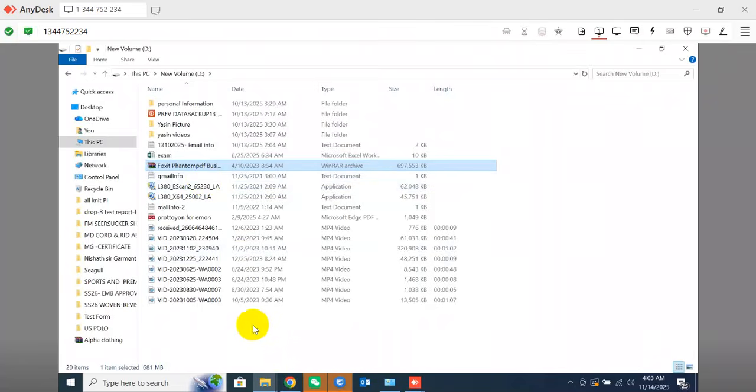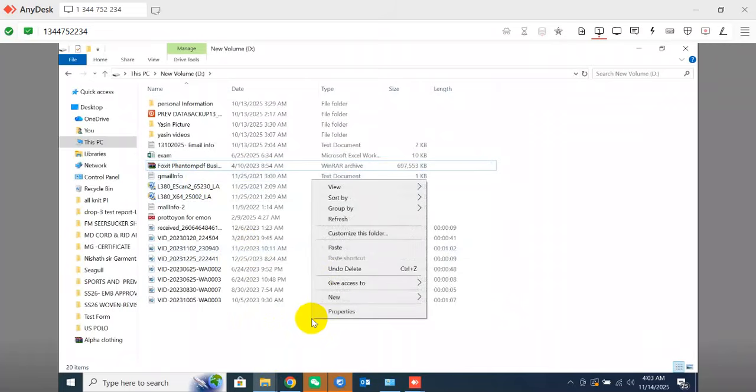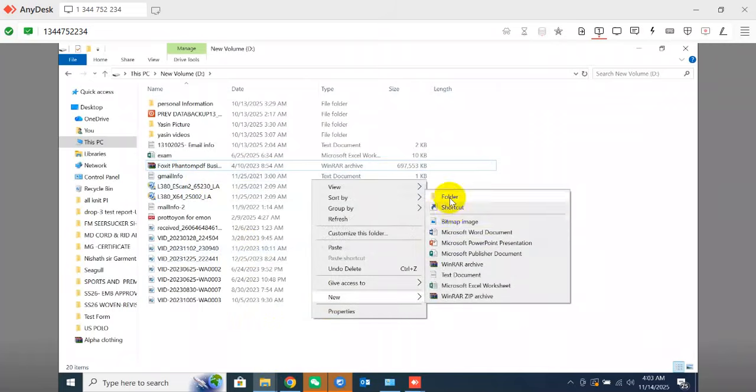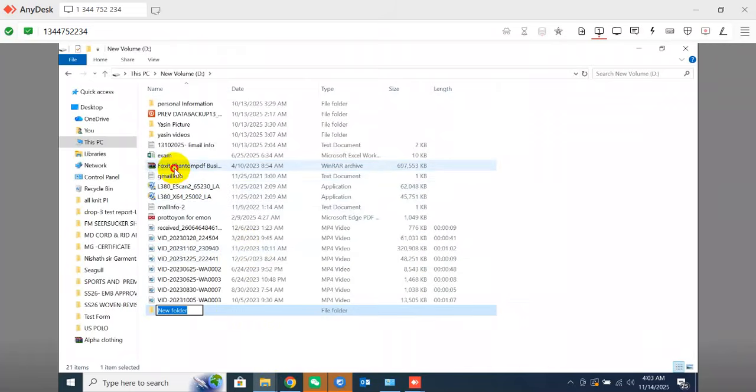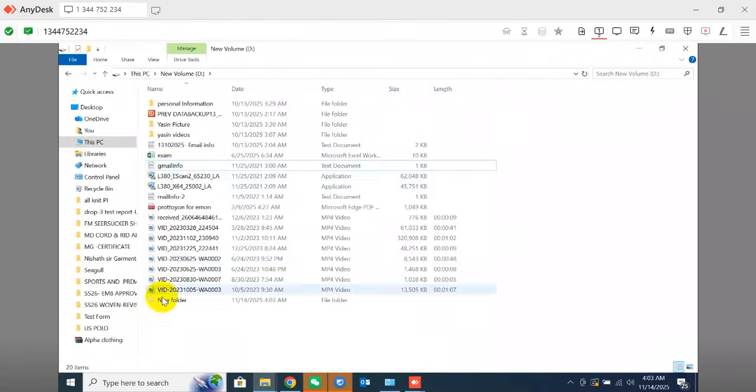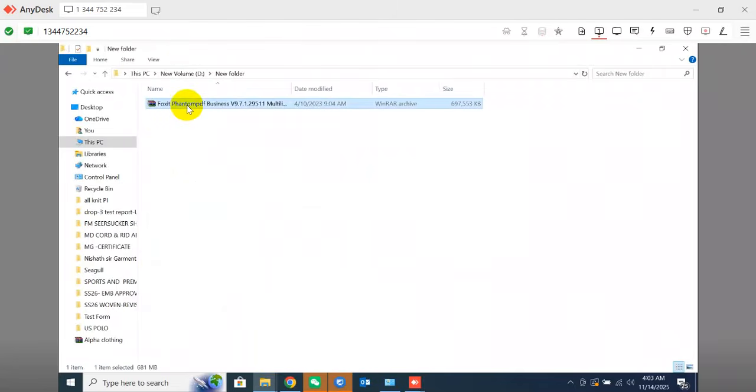Today I will show you how to install the Foxit with lifetime license. Okay, at first I have already downloaded this one. Now